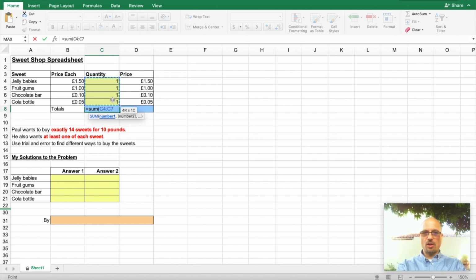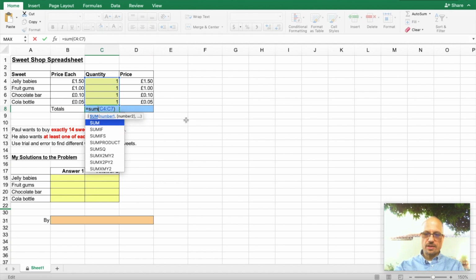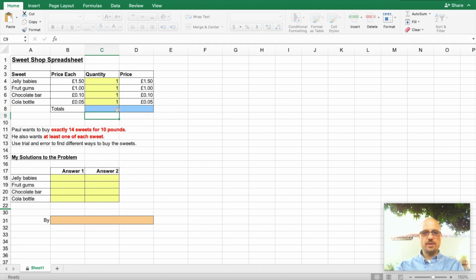And you notice that Excel puts a little colon to indicate that it goes all the way through all of the cells between C4, including C4, up to and including C7. And then I have to close off my parenthesis. So it looks like that. Again, yours will be "suma" probably, if it's in Spanish. And after you type it in, you just hit enter, and you'll notice that this now is the sum of